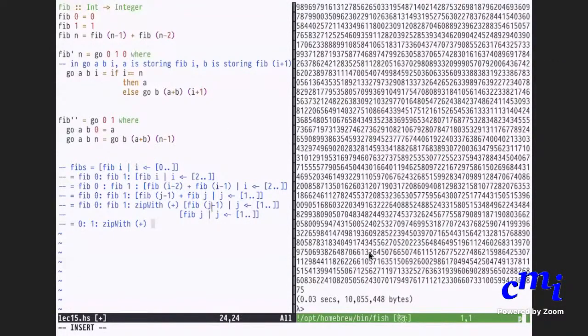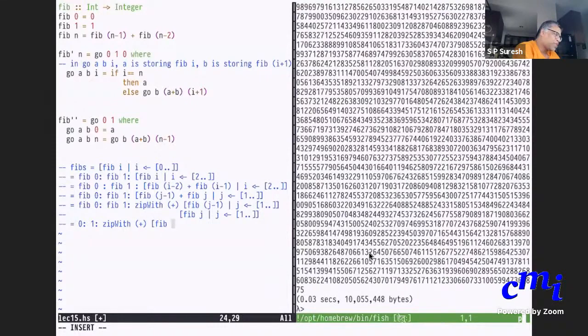Now you see that there is a j minus 1 and j ranges from 1 onwards. If j ranges from 1 onwards, then j minus 1 ranges from 0 onwards, right? So I can write the first thing as fib k such that k ranges from 0 onwards. I'm taking k to be j minus 1. So instead of writing fib j minus 1, I'm writing fib k. There is a reason for doing all this. You will see it in a minute.